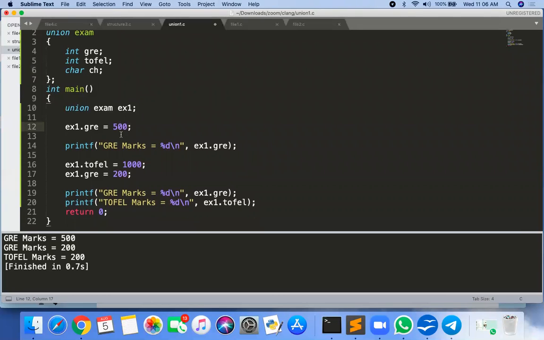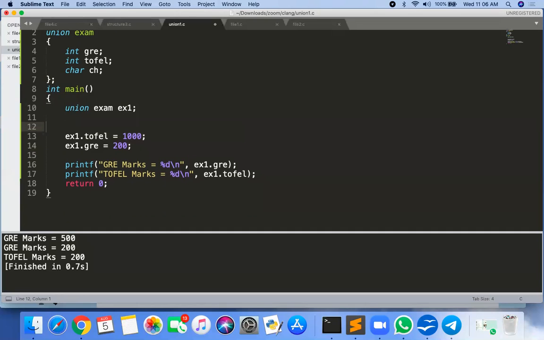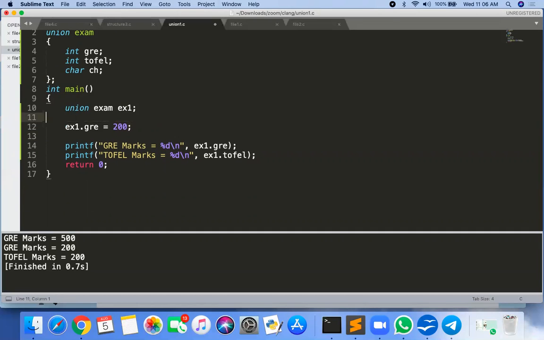Character ch, and if ex1.gre is equal to 353.